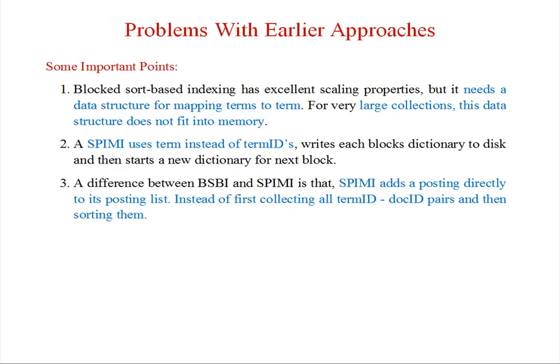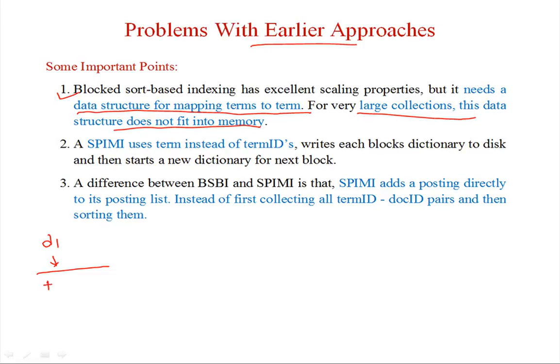Now first we will go through the problems with some earlier approaches. Actually, blocked sort-based indexing has excellent sorting properties, but it needs a data structure for mapping the term to term ID. For very large collections, this data structure doesn't fit into main memory. For example, suppose we have a document D1, and in the BSBI algorithm, we store term ID and doc ID